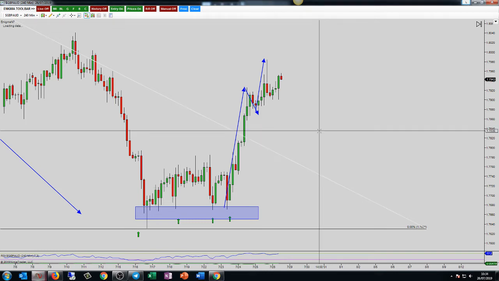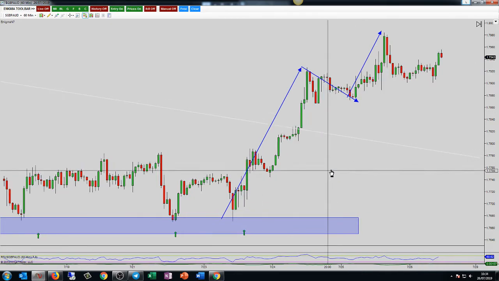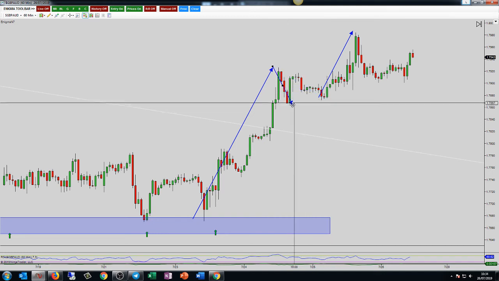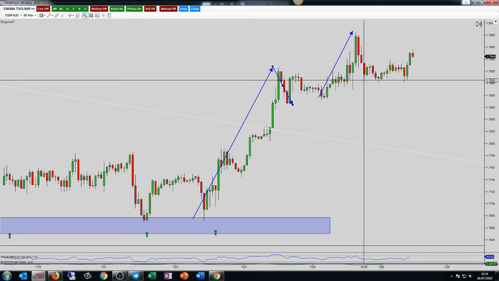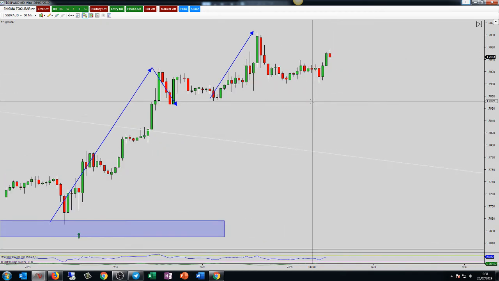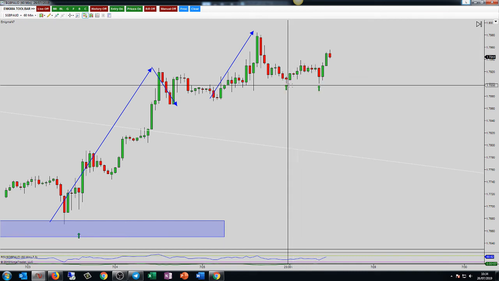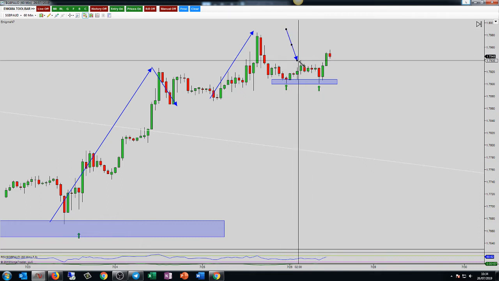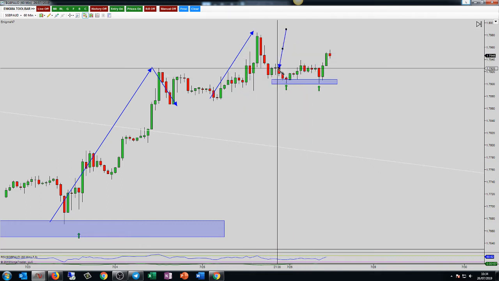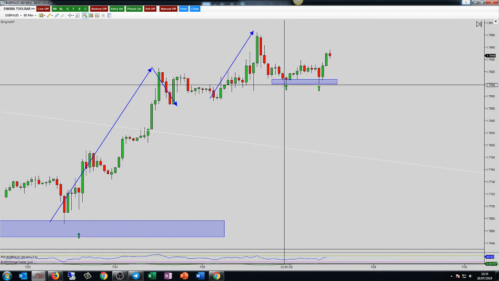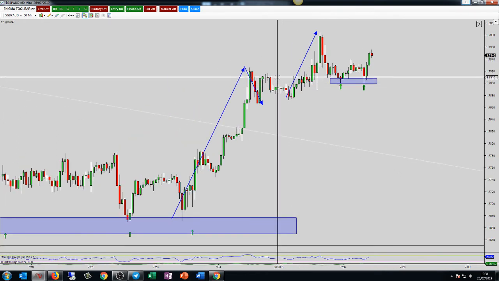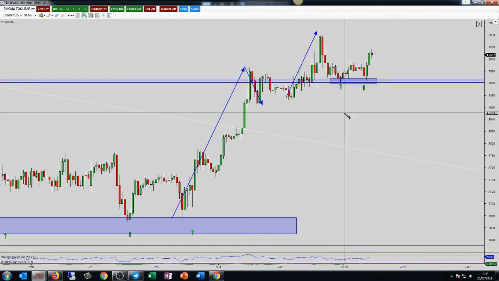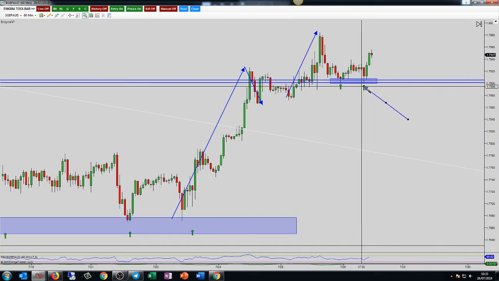Let's take a look at the 60. Here on the 60, not too much. We have just had a retest here, and we've now just had a confirmed break, a close above this level. This could actually be a head and shoulders on the lower time frame. Where did that double bottom occur at? Oh, there you go. It occurred at the 17900 psychological number.